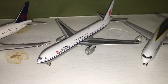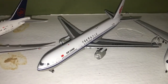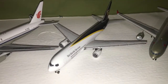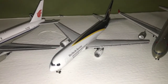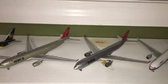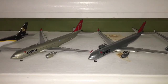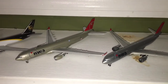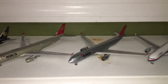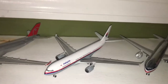This one's a Witty Wings Air China Boeing 767-300. This one is from GeminiJets. It's the UPS Airlines Boeing 767-300F or freighter. Here are the two Northwest Airlines Airbus A330s. Both are from GeminiJets. The one you see on the left is a -200, while the one on the right is a -300. This one here is another A330 model,